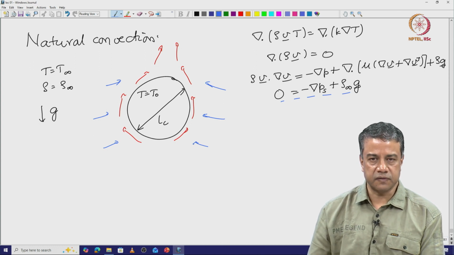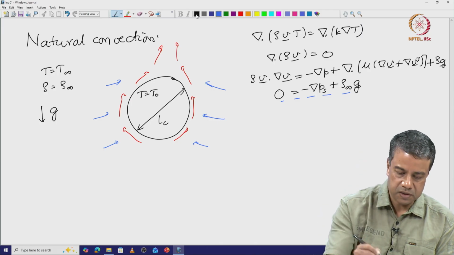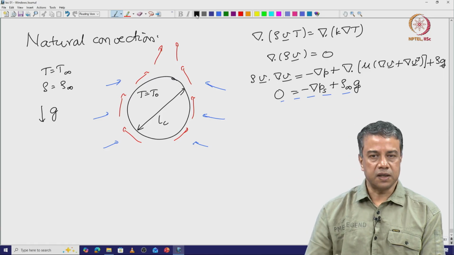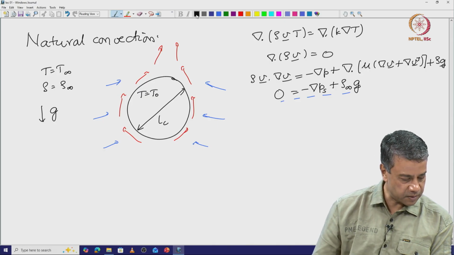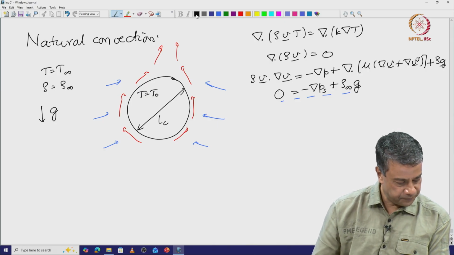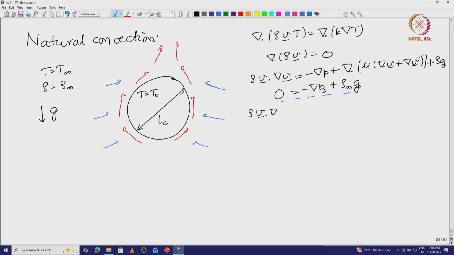Even if there were no temperature difference, there would be a hydrostatic head, a hydrostatic variation in pressure. That hydrostatic variation in pressure, when the density is a constant, is what I called Ps. I subtract that out from the momentum conservation equation to get rho v dot grad v is equal to minus the gradient of the dynamical pressure plus divergence of mu grad v plus grad v transpose plus rho minus rho infinity